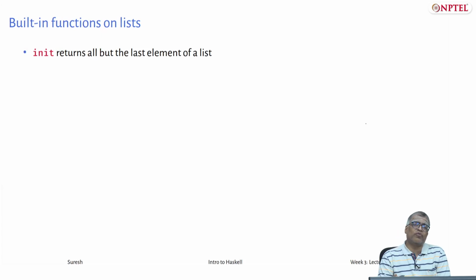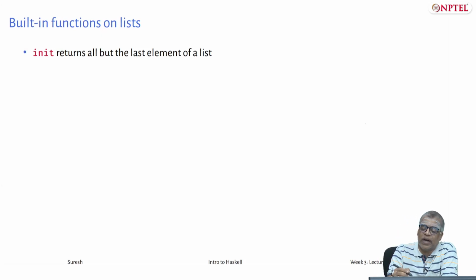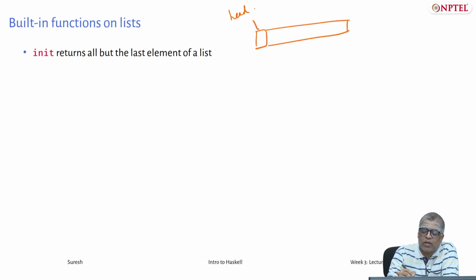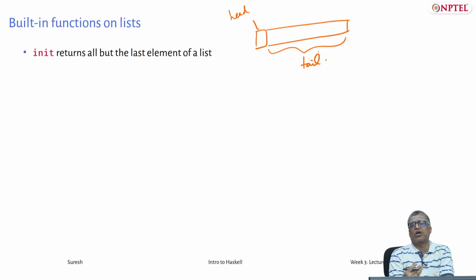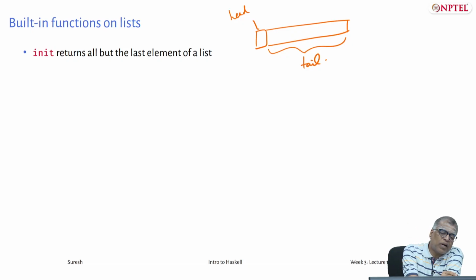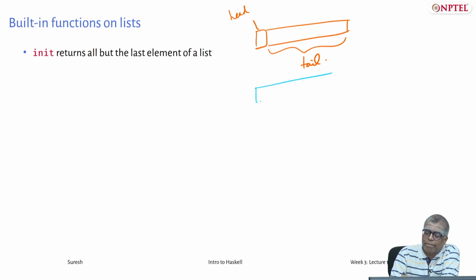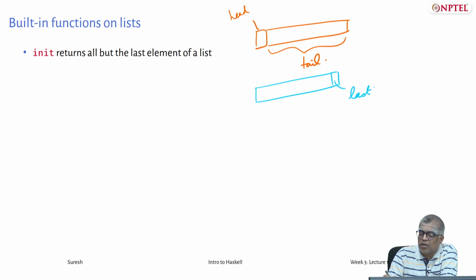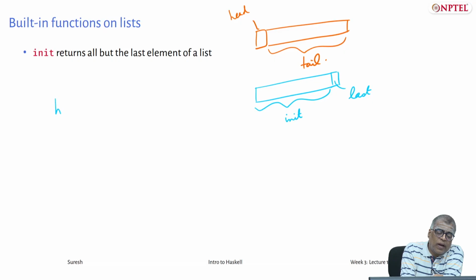Okay, so here are some more functions. Init. So, we saw head and tail. This is head and that is tail. This is the most natural way in which lists are decomposed in Haskell, but you can also try to decompose it as the last element, which is called last, and all elements other than the last element, which is called init. Okay. So, notice head and last are elements of type A, whereas tail